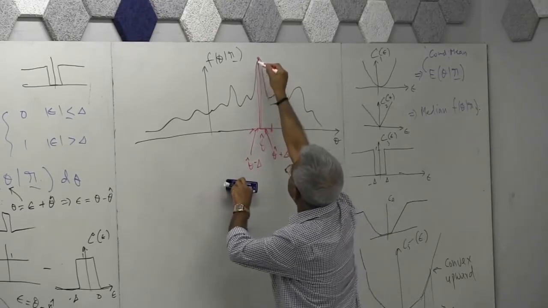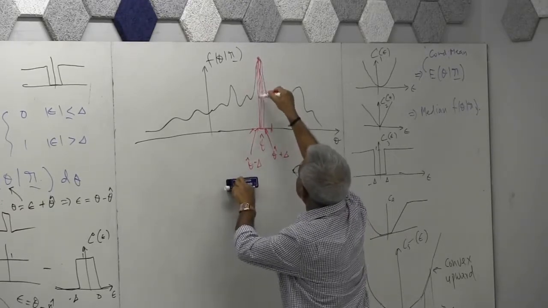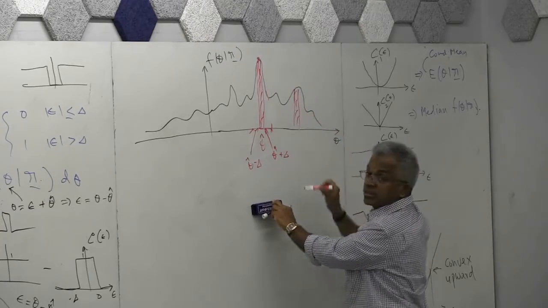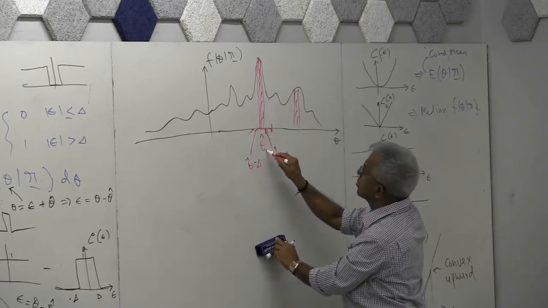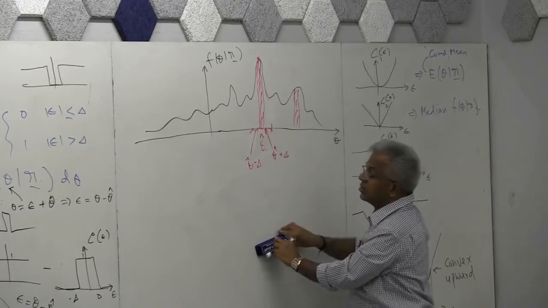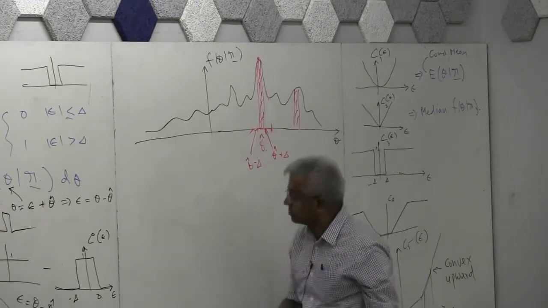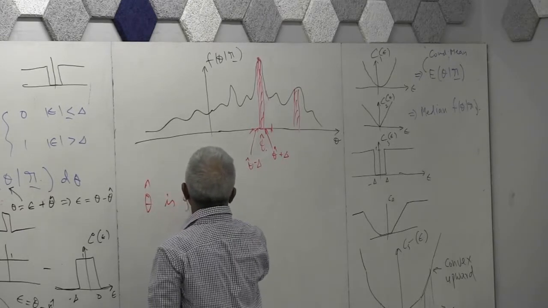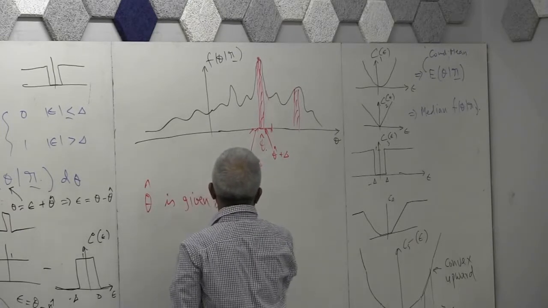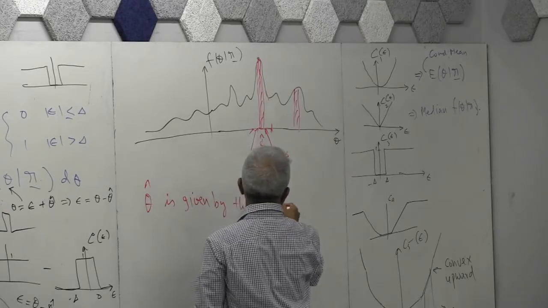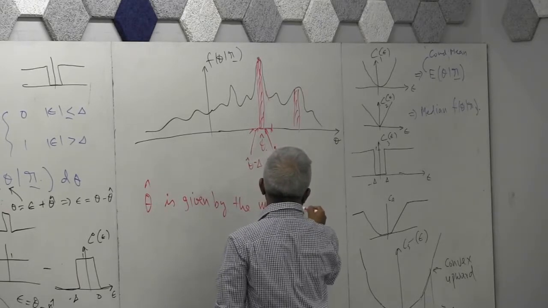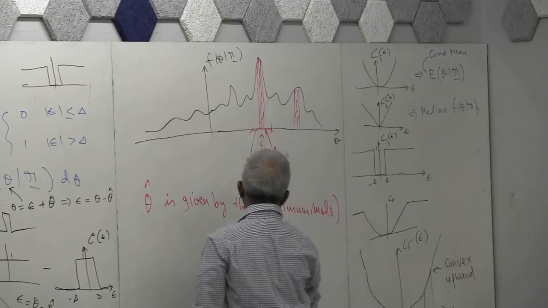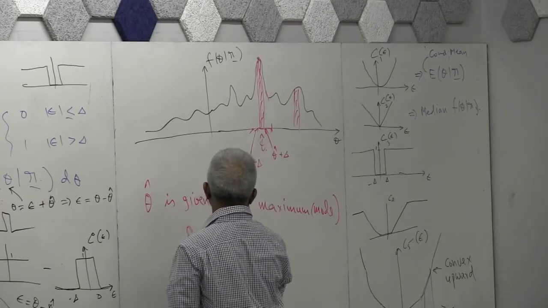So if I take a window around here, this integral is of course larger than any other window I take anywhere else. So this is your optimum estimator. So this is going to be also theta. The theta hat is given the maximum value of a probability density function, we call it the mode of the